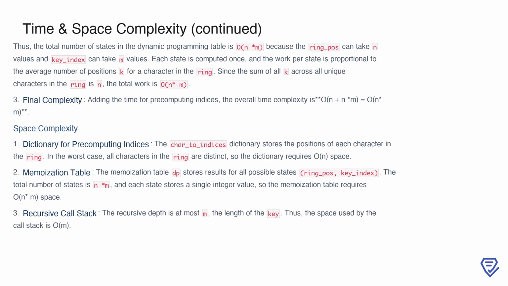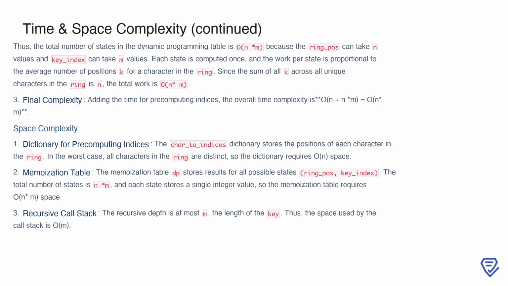To quantify the recursive evaluations, we observe that the total number of states in the dynamic programming table is O(n*m). This is because ring_pos can take n distinct values, and key_index can take m distinct values. Each state in this table is computed only once, and the work per state is proportional to k, the average number of positions for a character in the ring. Since the sum of k for all unique characters in the ring equals n, the total work across all states is O(n*m). Adding the O(n) time for pre-computing indices, the overall time complexity becomes O(n + n*m), which simplifies to